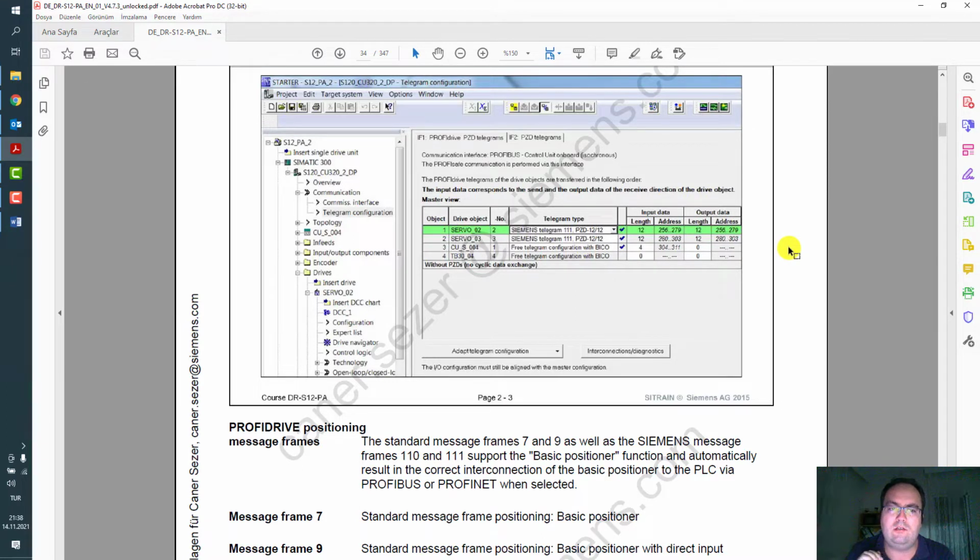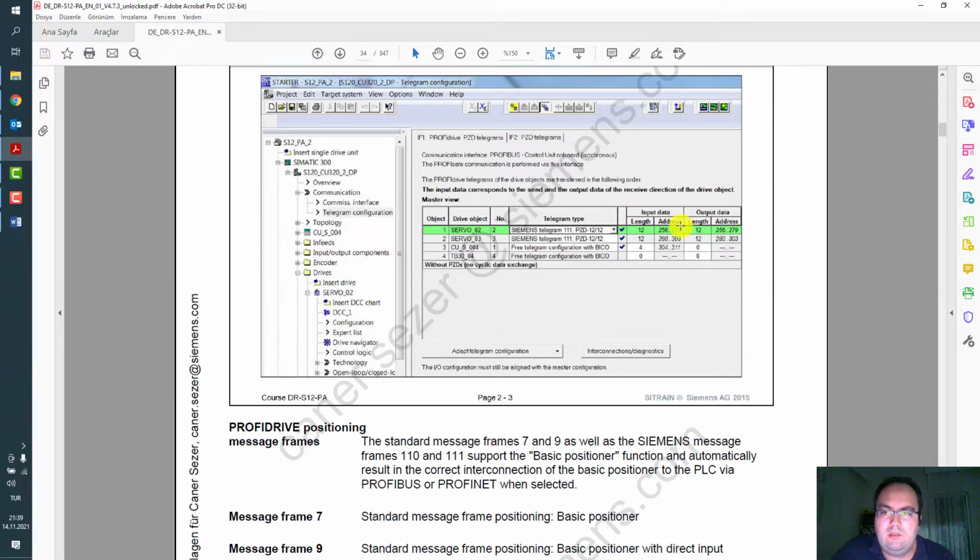So here you can adjust and set up your drive side, and our control unit CU320 with Profibus is located under our SIMATIC STEP 7 300 CPU. That means we are working integrated in SIMATIC Manager, so it will be easier to make these arrangements.